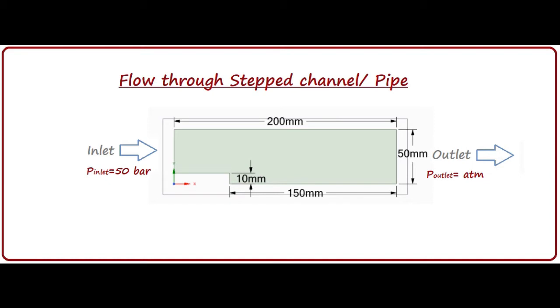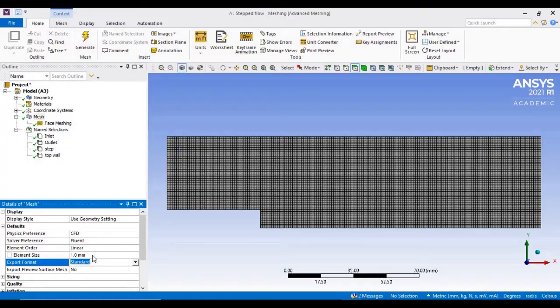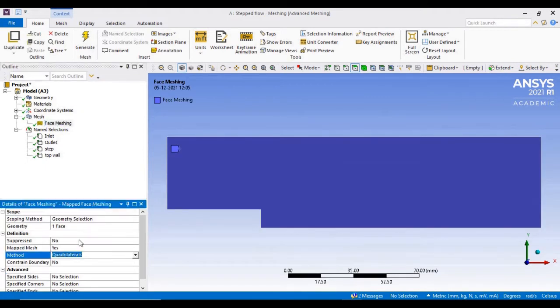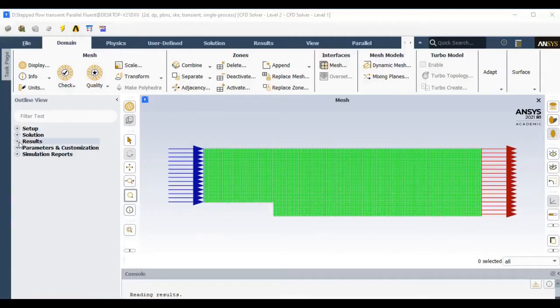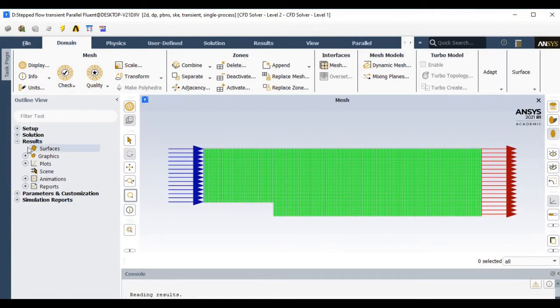In the previous video tutorial we covered the flow through a stacked pipe, and in that tutorial I showed the complete boundary condition and case setup in Fluent for this type of problem. So the objective of today's session is to show you the complete post-processing options available with Fluent as well as CFD-Post. So let's start.